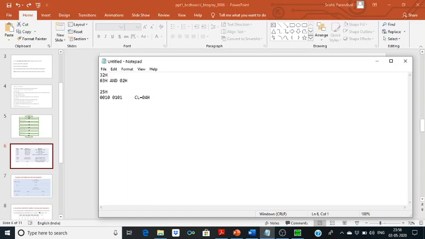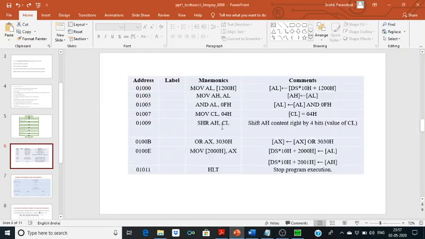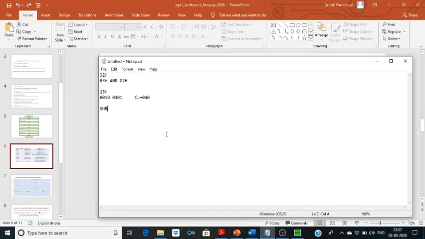Now we execute SHR AH, CL. So AH contains the original number and CL is 4. We will shift it right.